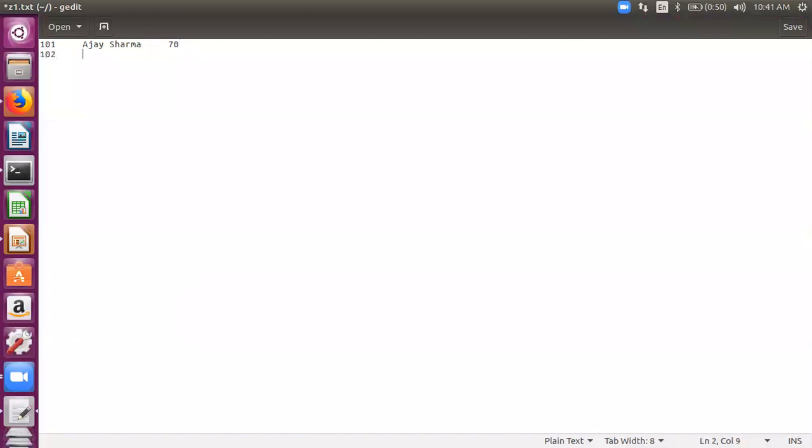Then second record, and then the third record. Let me save it and close it. I've created a file z1.txt which contains 3 records separated by tabs.